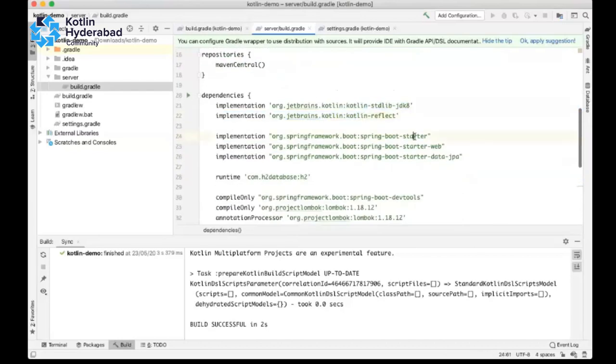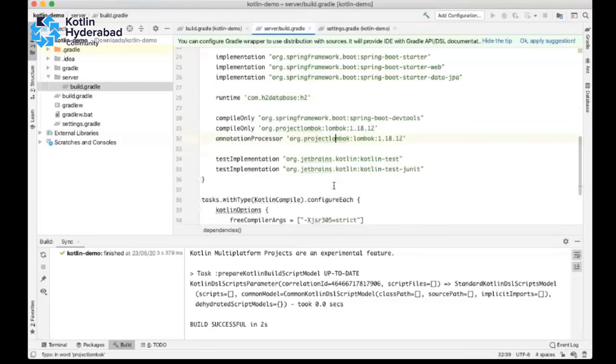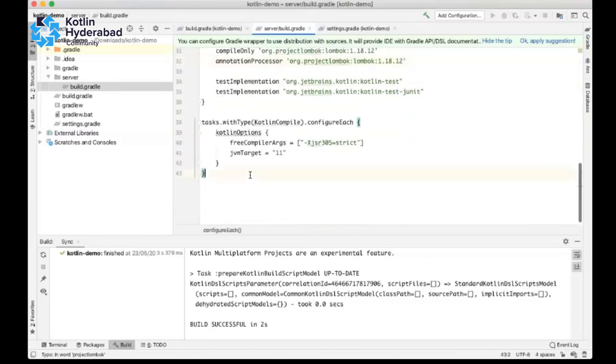Then there are different starters that we are using, basic starter and web JPA starter. I'm also using H2 database for basic database operations, DevTools, Lombok, and Kotlin test things. As I'm targeting Java 11, the JVM target will be Java 11 here.